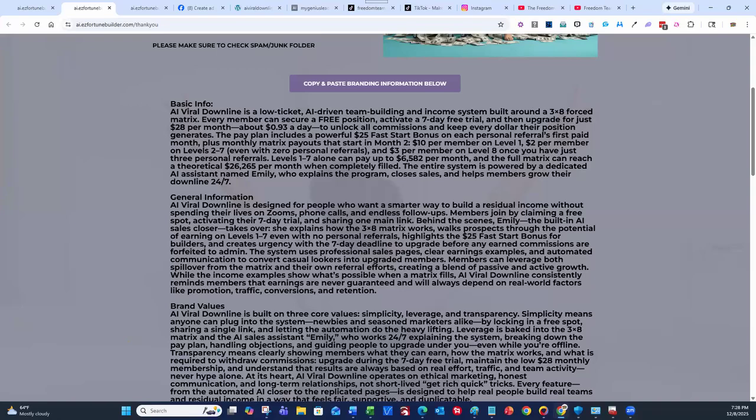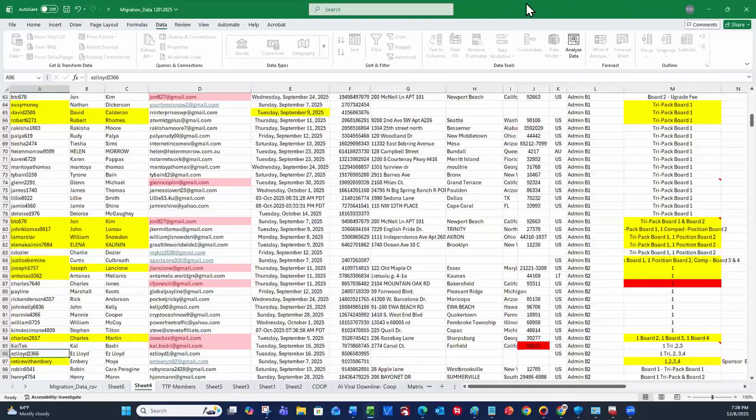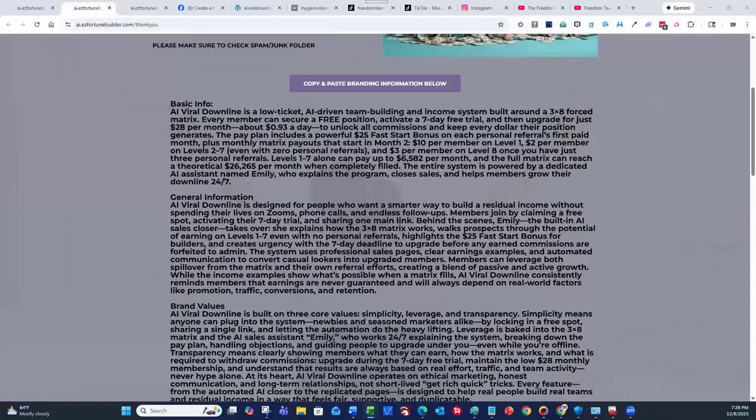Okay. But if he doesn't recruit the three people and he has a team from the spillover, he can still make money from up to level 7, yes? Correct. But nobody should rely on others. You should always work hard and build your own business. But yes, it's amazing. I like to call it a bonus feature, but yes, that's true.